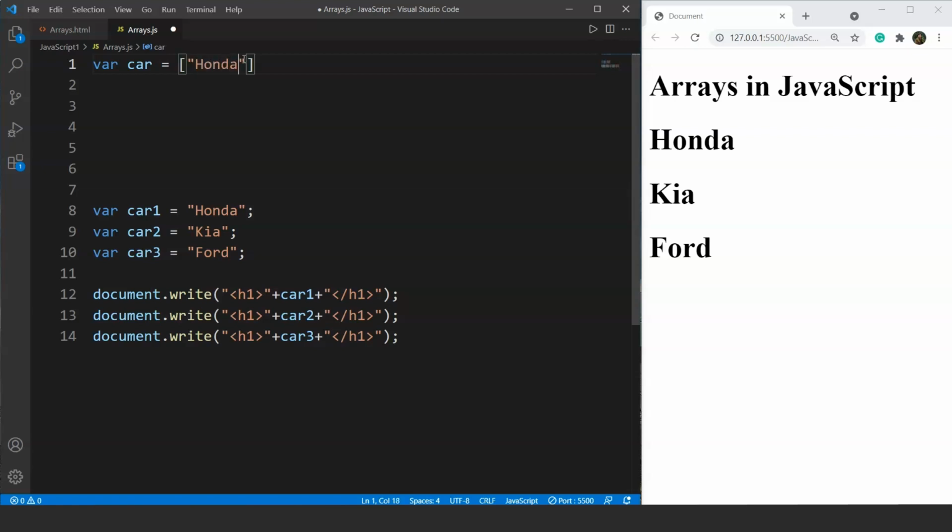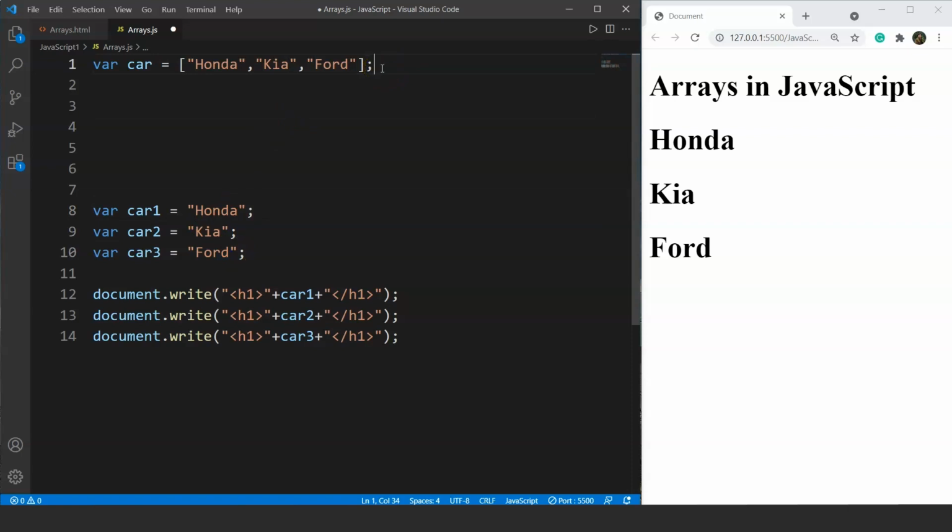Let's say we have the first manufacturer as Honda. The next one is Kia, and the last one is Ford, right? So we have all three values present inside a single variable, car: Honda, Kia, and Ford.